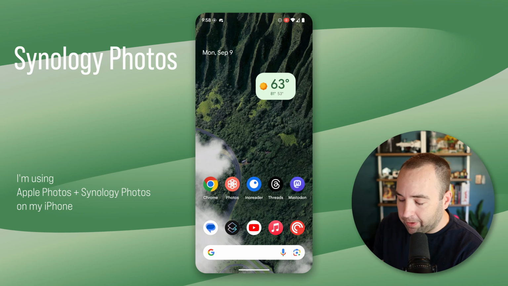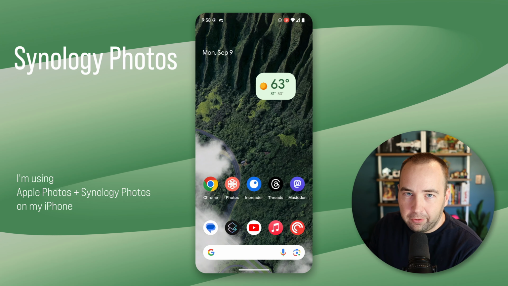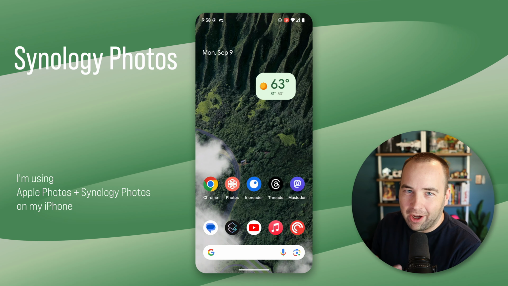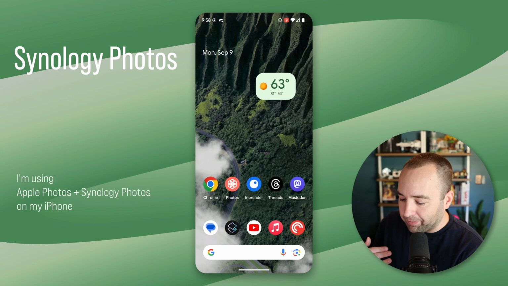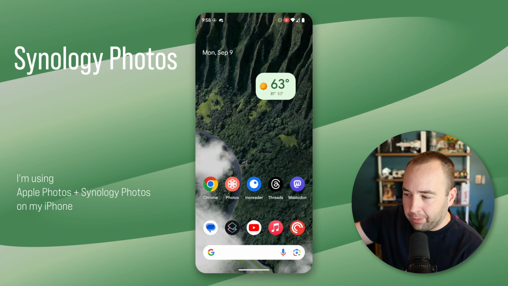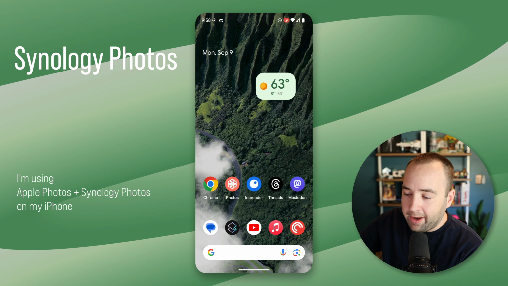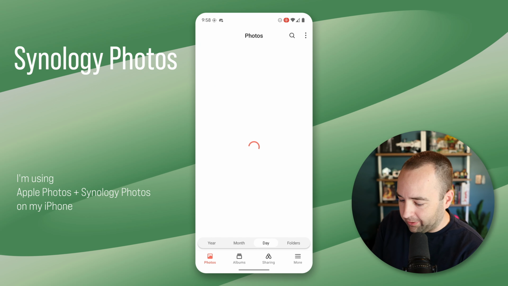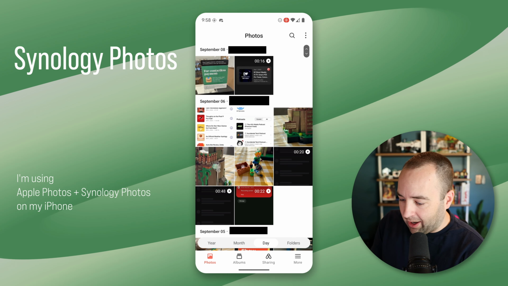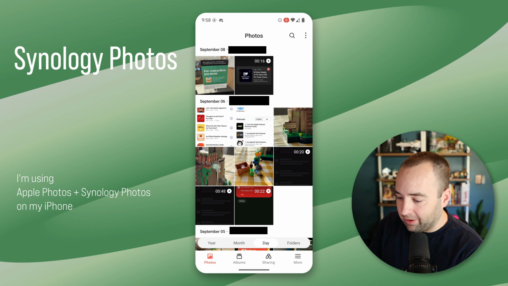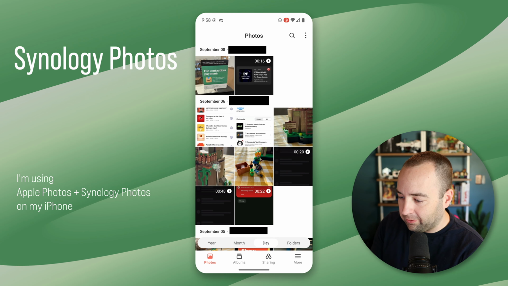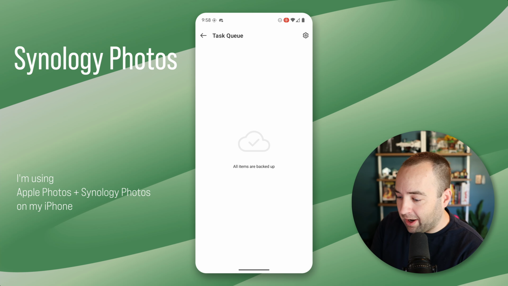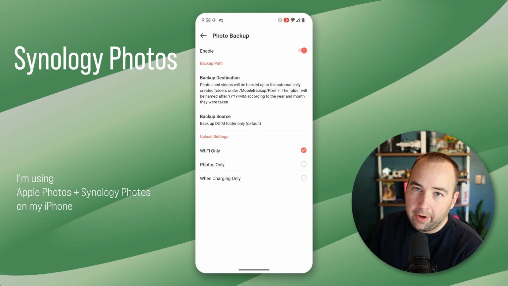Then I have Synology Photos, and I think most people would use Google Photos, but what I've actually done, I made a video again recently about Synology and how I'm using Synology Photos as my personal photos backup. And what I've done basically is I have gone into this, and much like I did on my iPad to automatically sync my photos, you can see here's some recent photos. If I go into more and then photo backup, I do have this set up to back up things that go